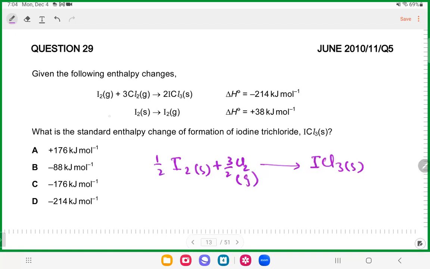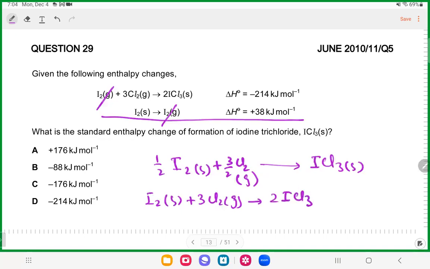Now you can see ऊपर वाली इक्वेशन में और नीचे वाला, गौर से देखें इक्वेशन. If I simply add these two equations, iodine gas cancels out, and you will get I2 solid plus 3 Cl2 gas forming 2